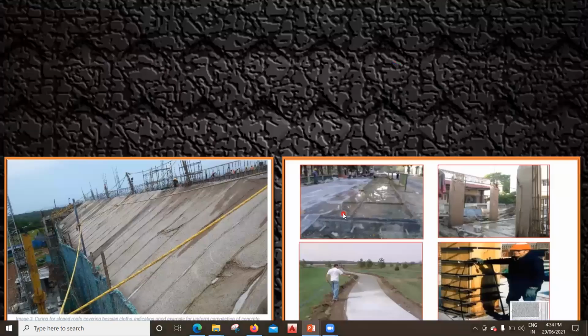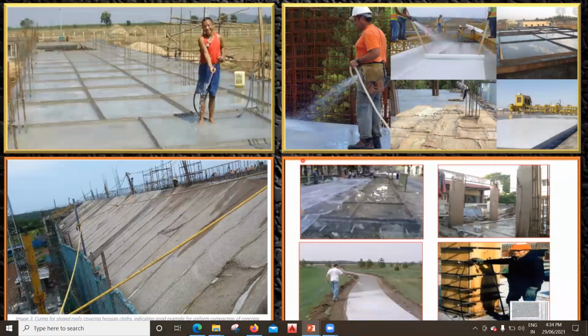Yeah, so you can see it here. These are the different ways of curing. Here with the help of a pipe he's doing curing. This is specially followed in the slabs. We create bunds in this way, okay, and then we allow the water to store here, right? Similarly, here he's trying to spray the water. Okay, this is sprinkling. Here they have made use of some waterproof paper, so that it will absorb the water. This is the gunny bag they used. And these are different ways of curing.